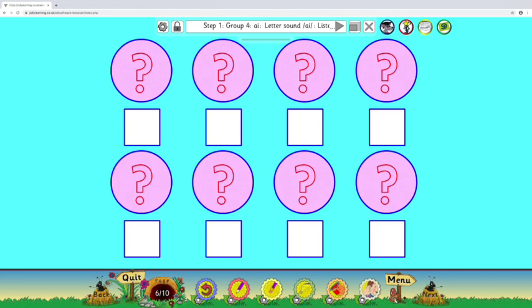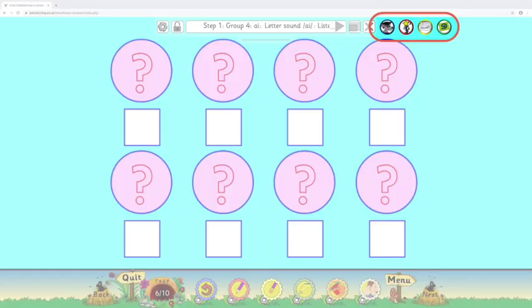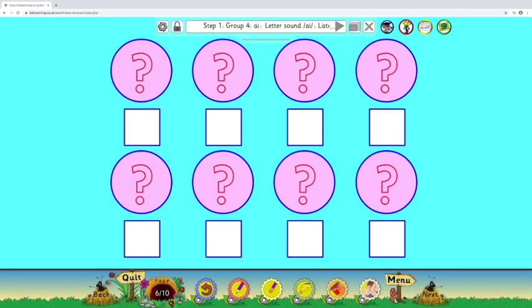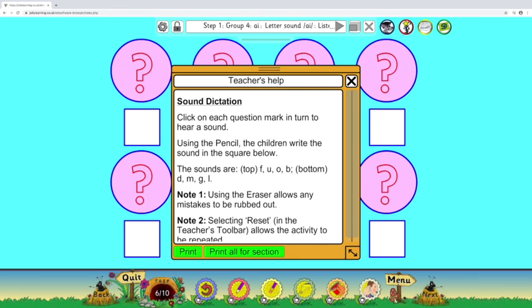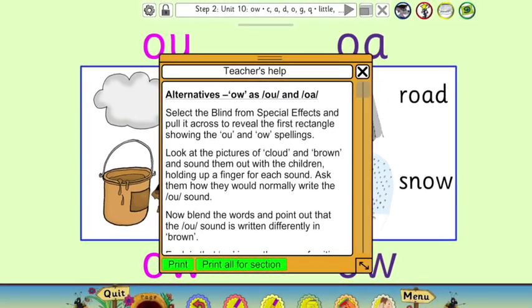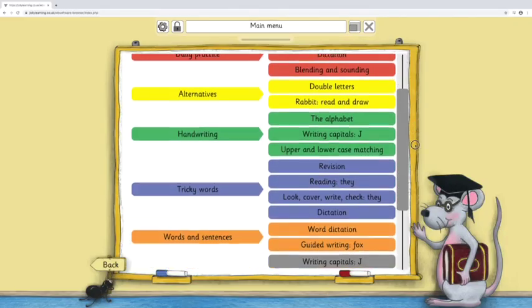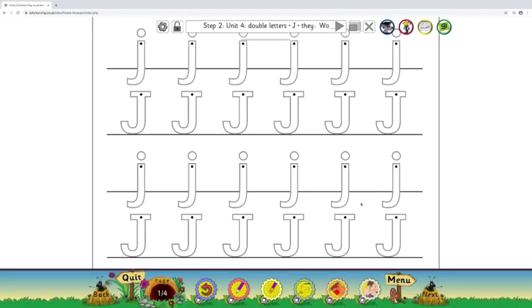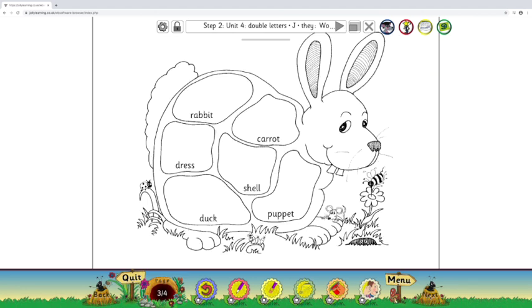As well as the toolbox, comprehensive teacher's notes for every single slide are available via the inky mouse button at the top of the screen. These can be printed in advance to help teachers' planning of the lessons. Every unit also has a selection of worksheets that can be printed out for children to complete after the core